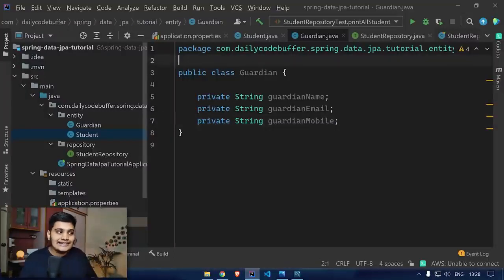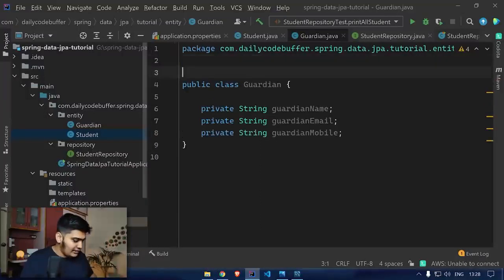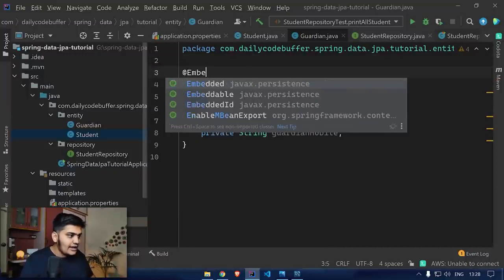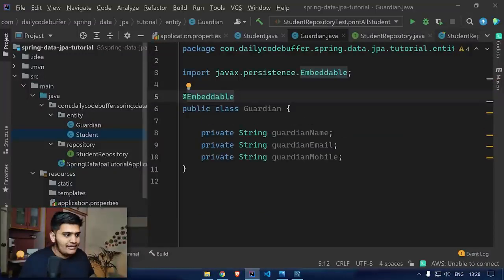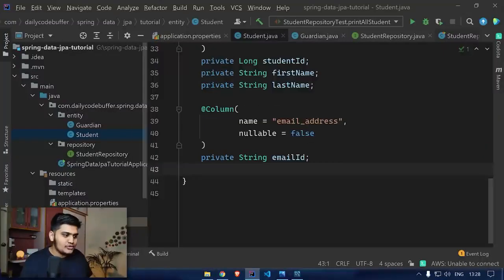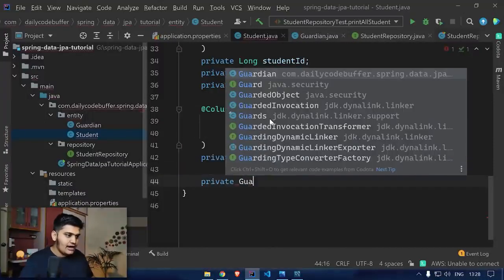So for my student class to embed this Guardian class, this Guardian class should be embeddable. So I'll define this as embeddable. Simple, right? So this class is embeddable. Now I can use this class in my student. So let's go back to student, and here I can define private Guardian,